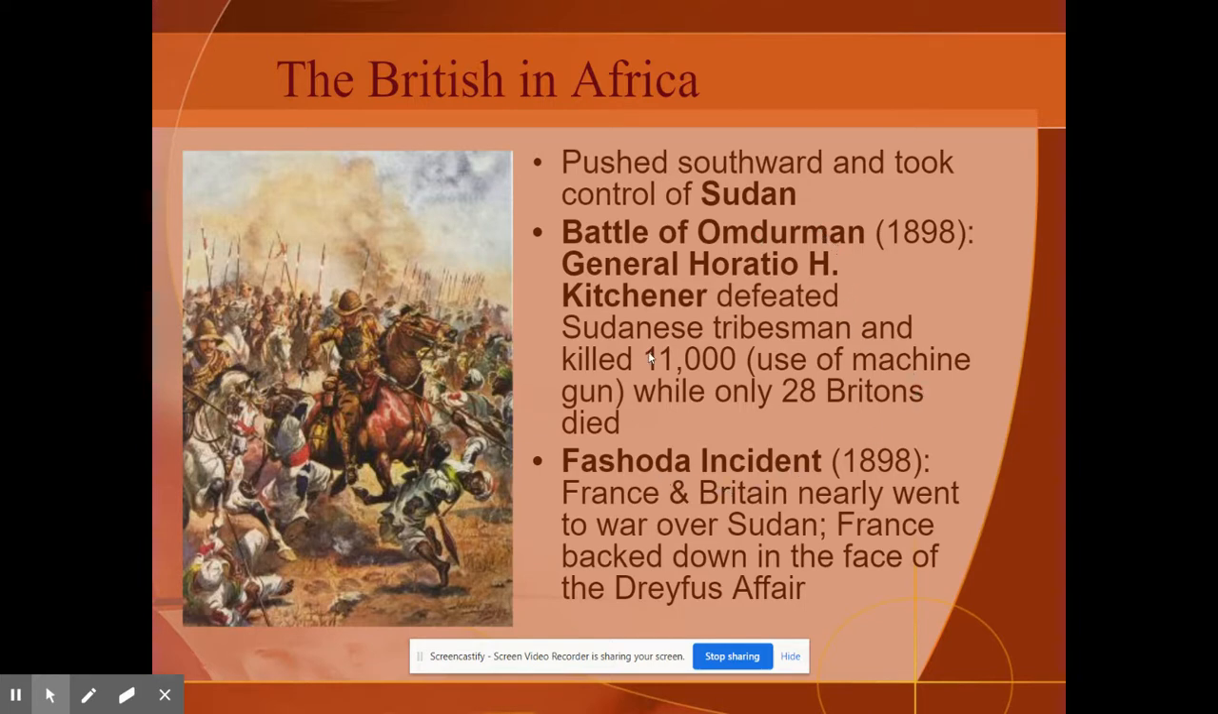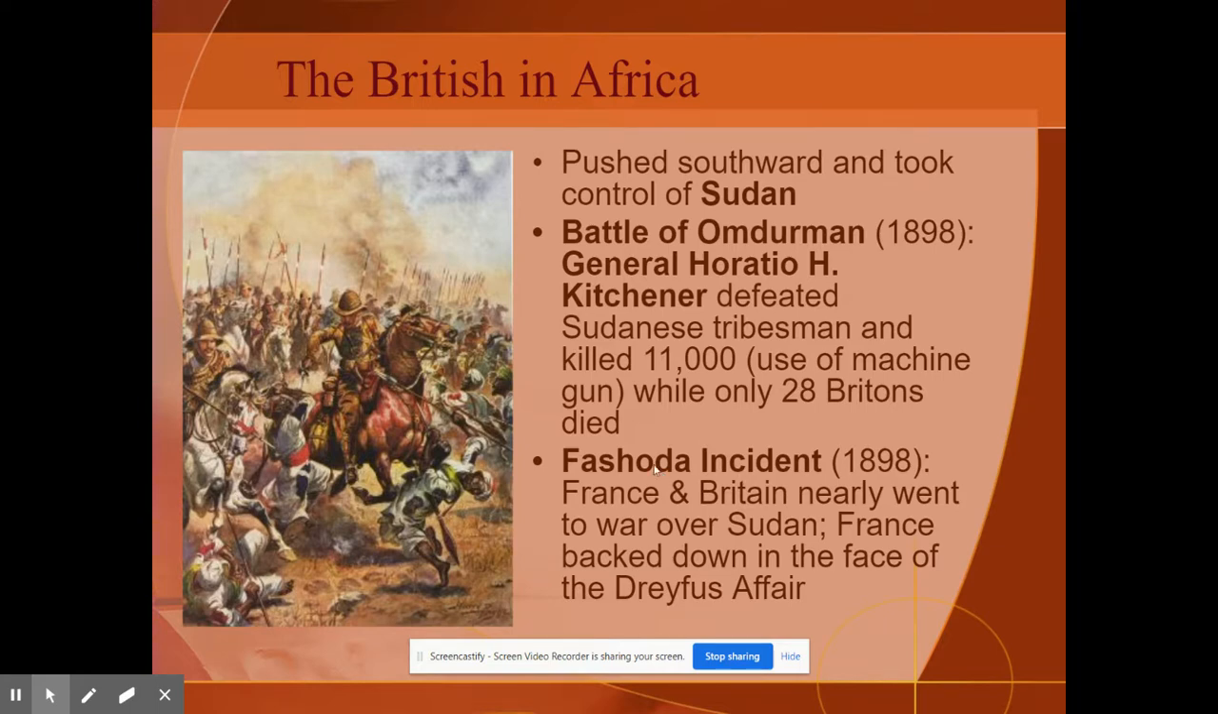And then, because of this conflict in Sudan, there's the Fashoda incident, in which the French and Britain nearly go to war over Sudan because it looks like the British are moving into French territory. But what stops the French from actually going to war is the fact their own government is near collapse because of what happened with the Dreyfus affair we talked about before. So this is what Bismarck's talking about, that these little conflicts could actually spur up